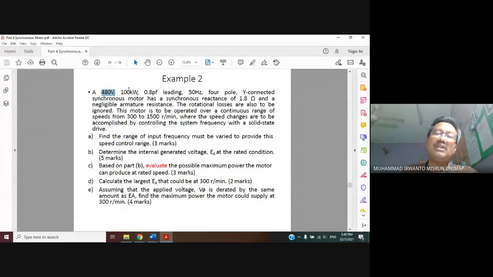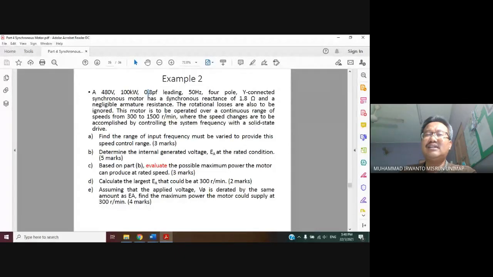And then ini macam ini. If it is mentioned the power in the kilowatt, ya ini hanya kebiasaan saja ya. Mananya kalau tak ada disebut apa-apa gitu ya. So if it is mentioned in the kilowatt, meaning it is input power ya. Ini hanya pemahaman soalan saja lah, yang general. Apa makna itu saja. And then power factor leading cos theta 0.8.